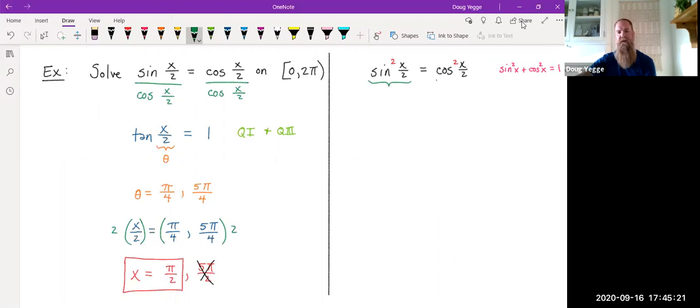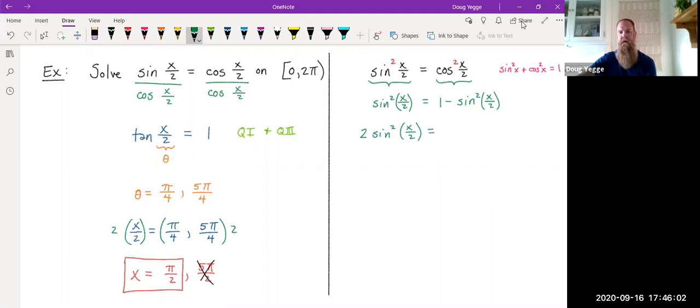And now at this point, we can realize that sine squared of x over 2 can be left as is, but on the right side, we could find that cosine squared of x over 2 is the same as 1 minus sine squared of x over 2. The whole purpose of squaring was so that I could get the same trigonometric function on both sides. So now I've got sine squared of x over 2 on both sides, so if I add the one on the right here to the left, that's now going to give me 2 of those. So that gives me 2 sine squared of x over 2